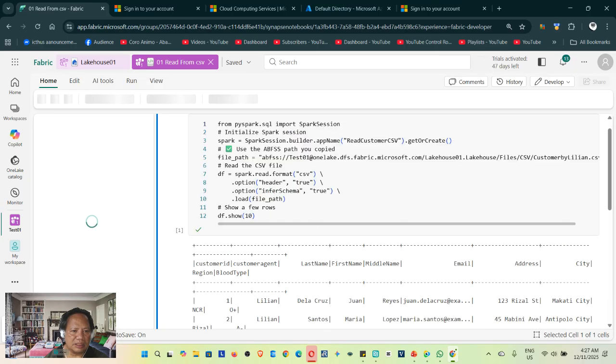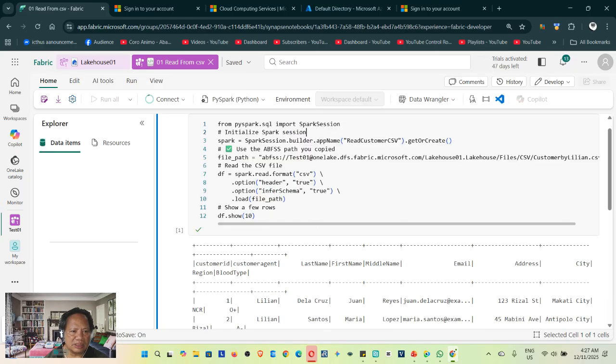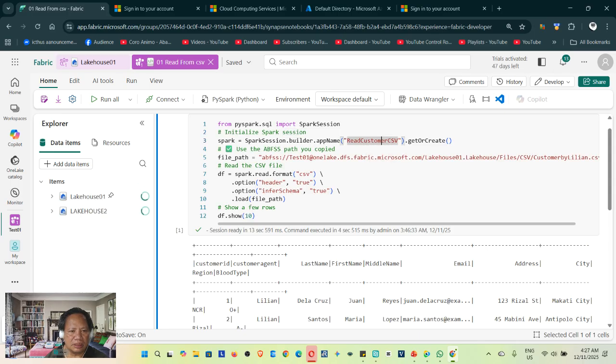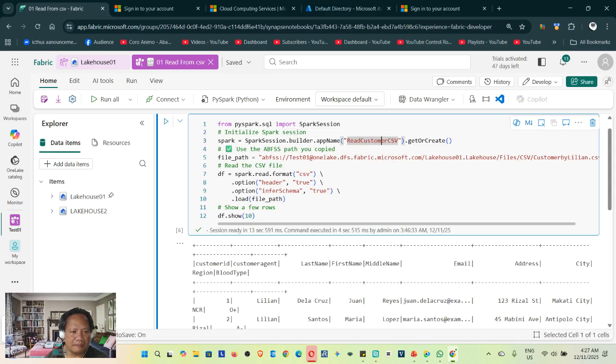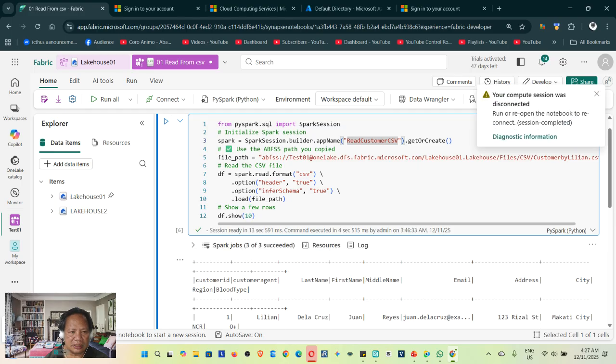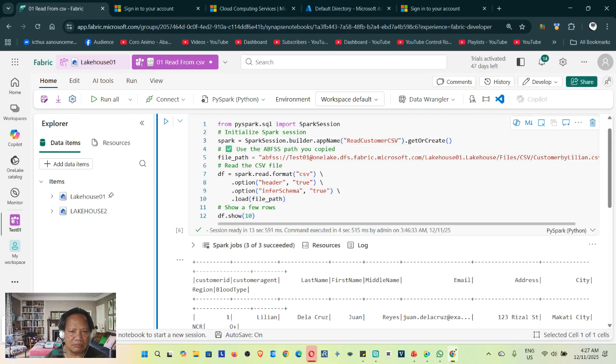So just like that, initiate the program, and this is the name of the program, get or create, and then that's the file path that I showed you a while ago. Just right click the file, and this is how fast you can configure it. Technically, don't be intimidated by that. It's just like 5 lines of code,